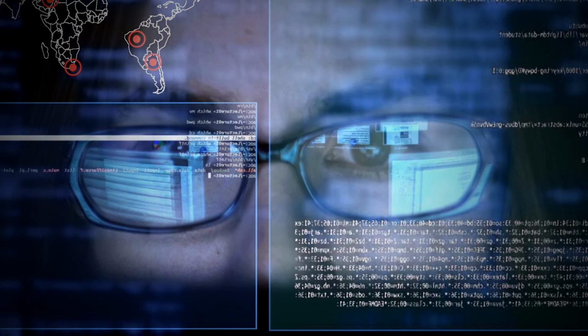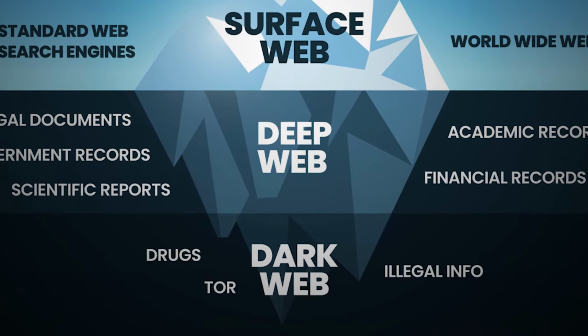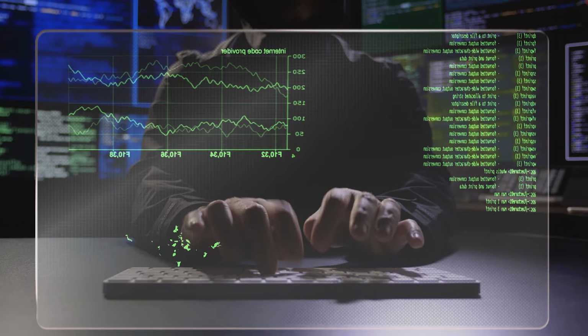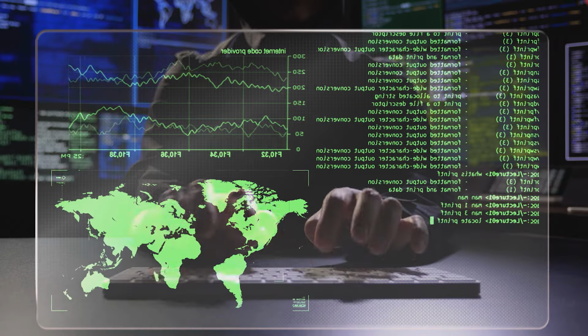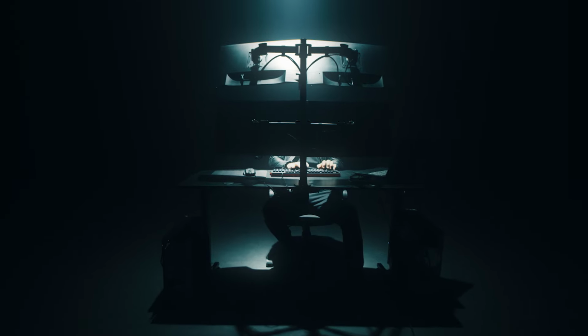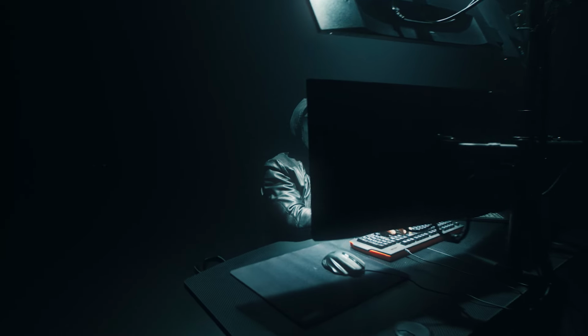But even further and deeper than the deep web, in the tiniest sliver of the internet, lies the part of the web where things happen in the dark. Users access websites using encrypted software to completely mask their identities and hide their existence by omitting IP addresses, which makes them almost untraceable. Here, anything and everything goes. We've reached the dark web.